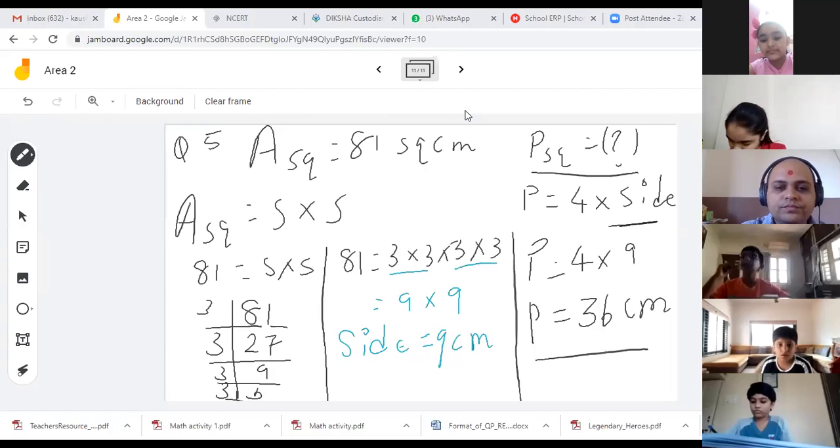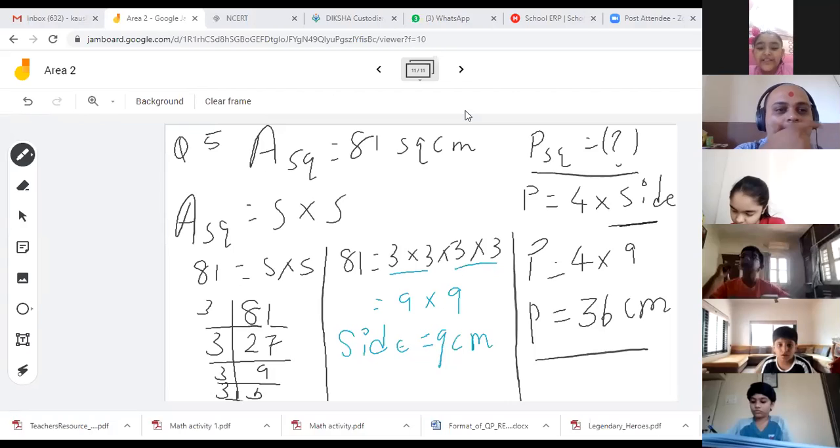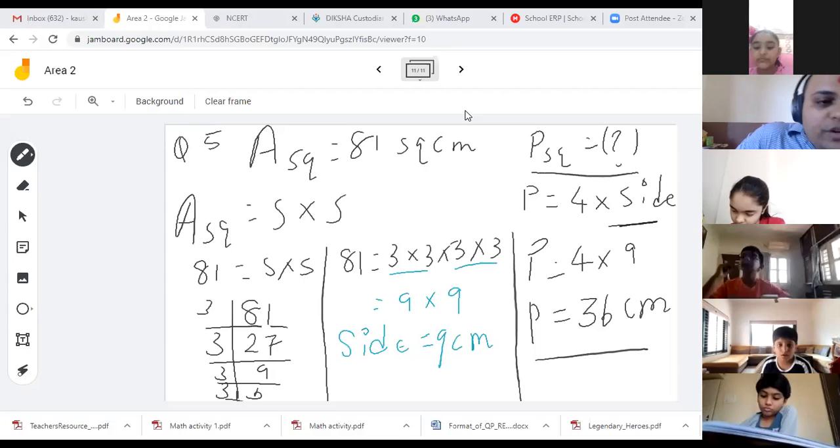Yes, Jia, tell me. Sir, why is the side 9, not 20? Sorry? 9 nines are 81. Sir, then why is it 9 side? Because we have to multiply 2 times, side into side. It is side into side, not side with any other thing, so that the answer will become 81. Because it's a square, both the sides must be the same, and that happens only when it is 9. Otherwise, it won't happen. Right? Yes, sir. Very good.